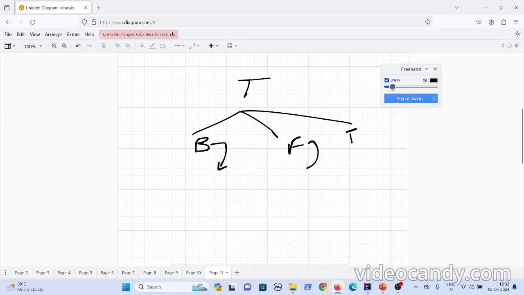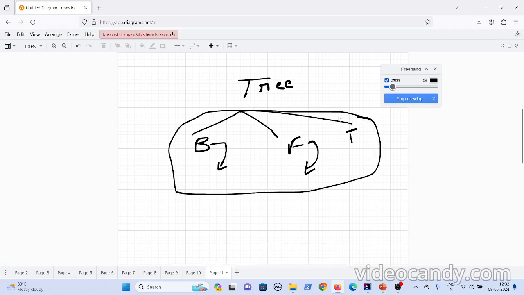And even when you are decorating it with flowers, there are n number of varieties of flowers that you can decorate a Christmas tree with, right? So here what is happening is you have a Christmas tree, and you want to add additional behavior to this tree by using a few decorators.